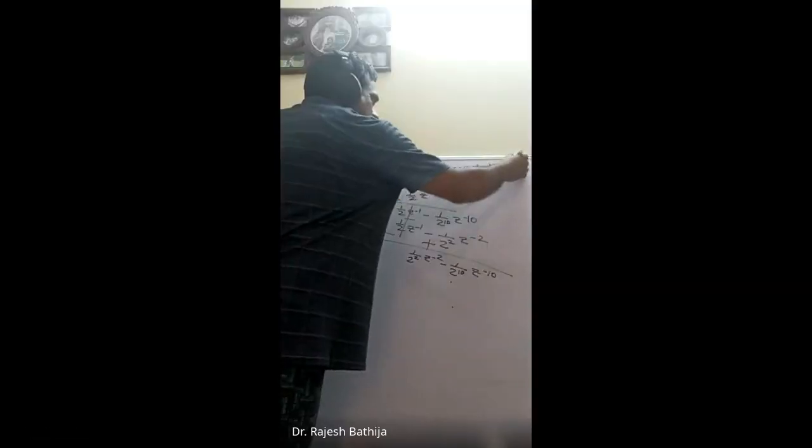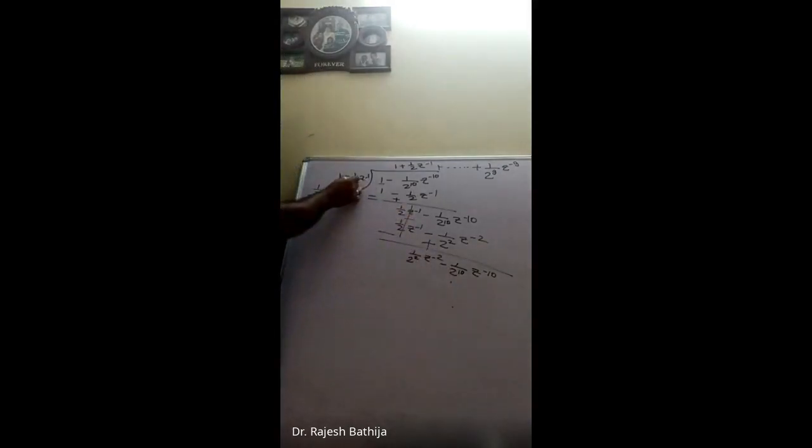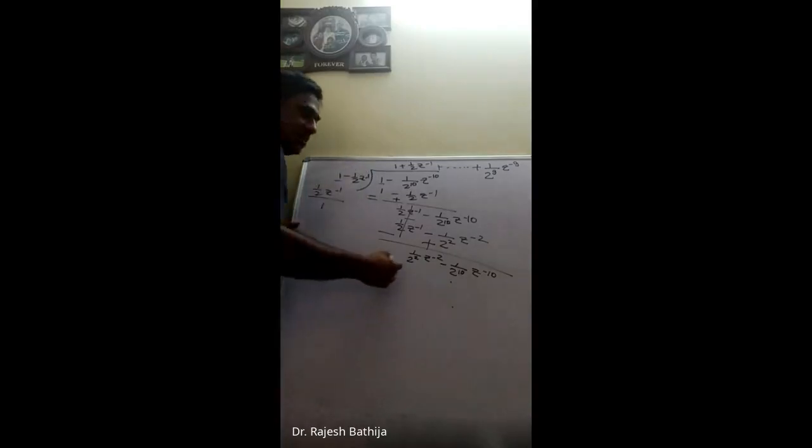ये जब आप 1/2 to the power 9 z to the power -9 लेंगे, जब हम मल्टीप्लाई करेंगे इसको 1/2 to the power 9 z to the power -9 से, राइट, तो यहाँ पे क्या मिल जाएगा? 2 to the power, इस फैक्टर में क्या मिल जाएगा? 2 to the power 10 z to the power -10, और तब ये क्लोज हो जाएगा। ये लॉन्ग डिवीजन नहीं है, ये फाइनाइट डिवीजन हो गया। राइट, तब तक ही क्लोज हो जाएगा। तो we will get x of z equal to this value.